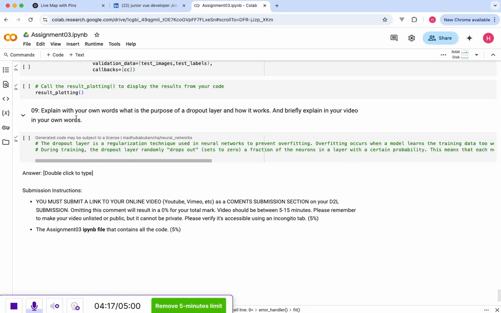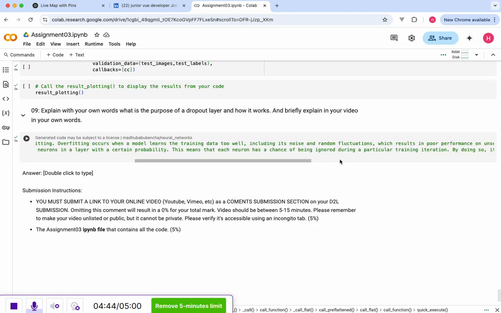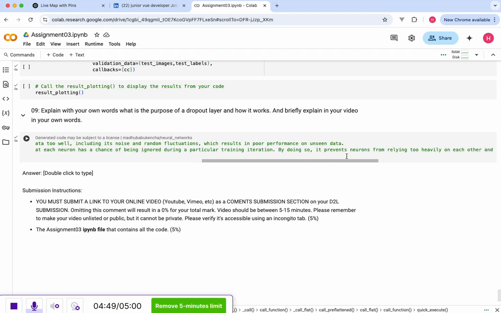Last question, explain the purpose of the dropout layer. Dropout layer is a regularization technique used in neural networks to prevent overfitting. During training, the layer randomly drops out a fraction of the neurons in a layer with a certain probability. This means that each neuron has a chance of being ignored during a particular training iteration. By doing so, it prevents neurons from relying too heavily